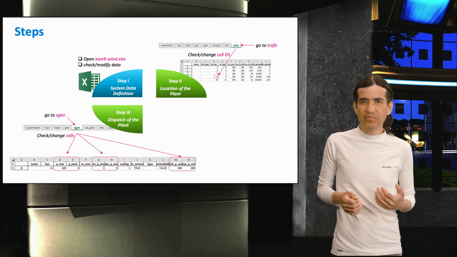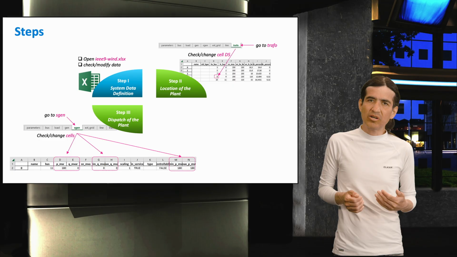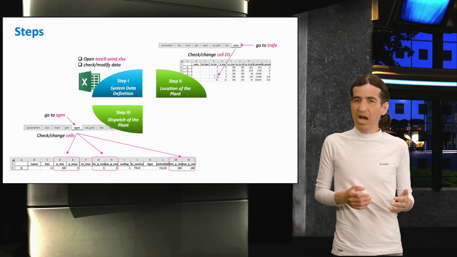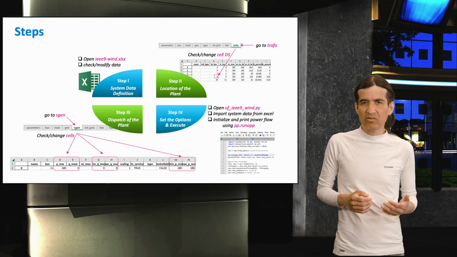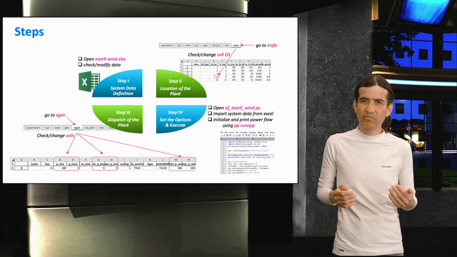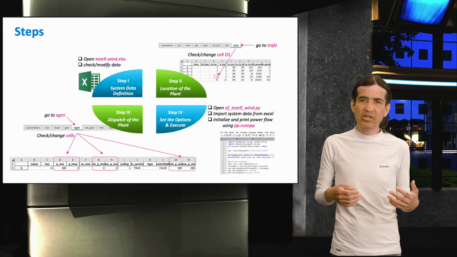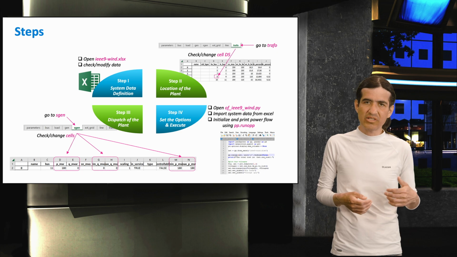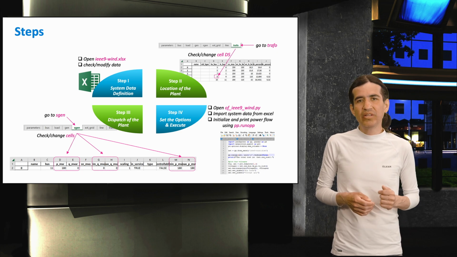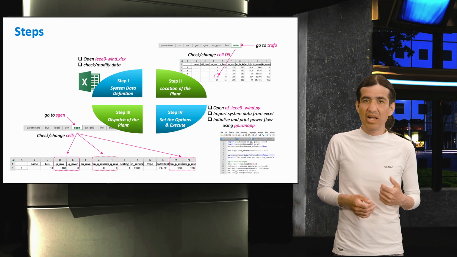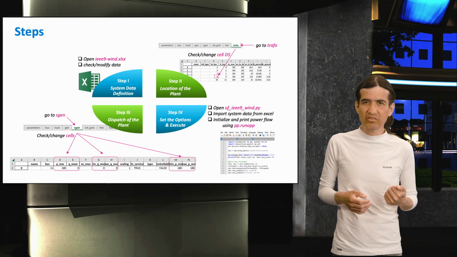Finally, the Python script named IEEE Wind is used to import the data from Excel, whereas the function pp.runopp is executed to perform the optimal power flow calculation. The outcomes obtained from the optimal power flow calculation can be summarized and depicted in tables or figures generated in Python. For instance, a bar plot is used to visualize the profile of bus voltage magnitudes across the system. Note in this example that the system has bus voltage magnitudes close to the nominal voltage, 1 per unit, and they are within the 5% deviation.